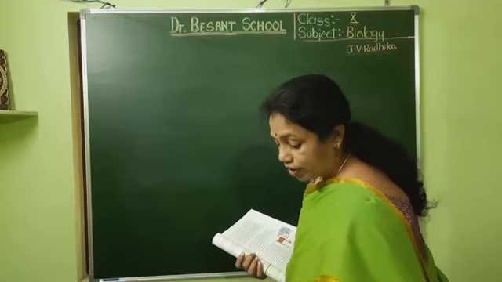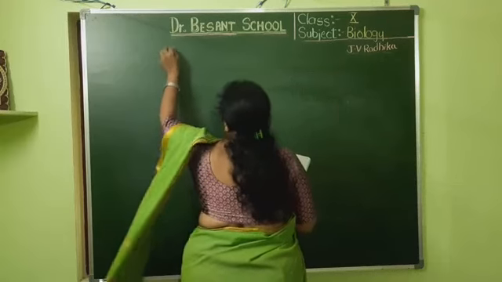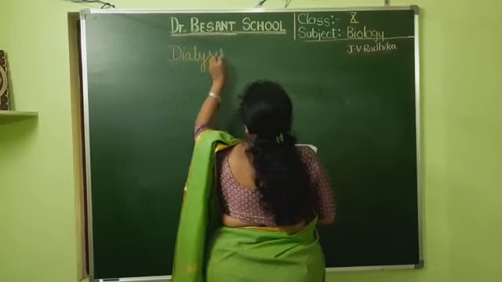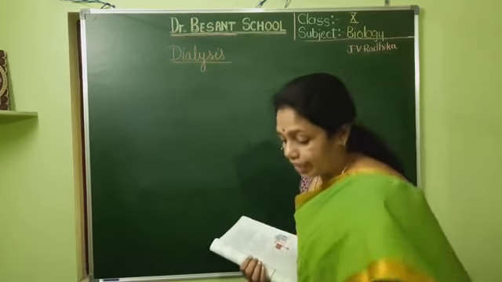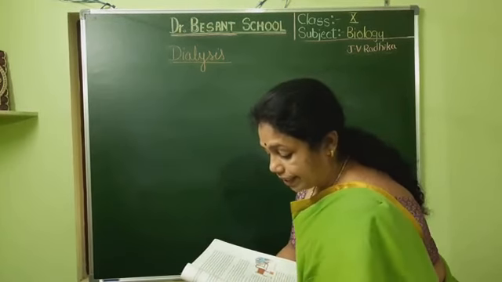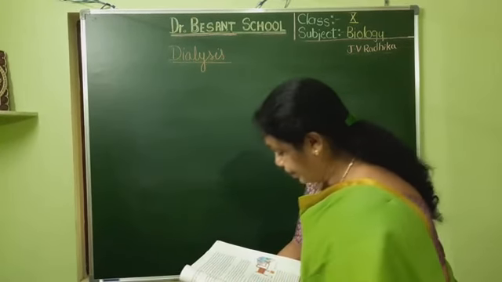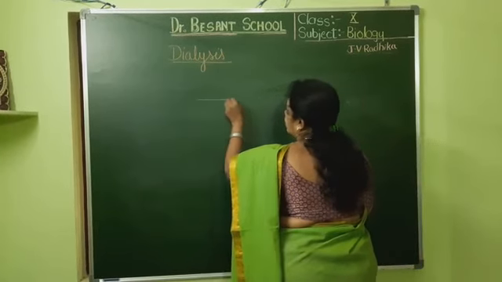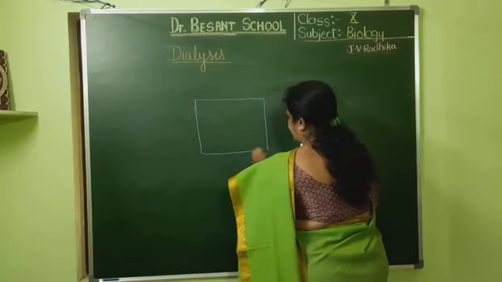So here I draw the diagram for dialysis. Today we shall be learning about the diagram, then we shall be seeing how it can be carried out. We have seen that the waste blood is connected from the artery, isn't it? So here also the waste blood will be collected from the artery. So for that we need to draw a machine like this. Consider that this is the machine.